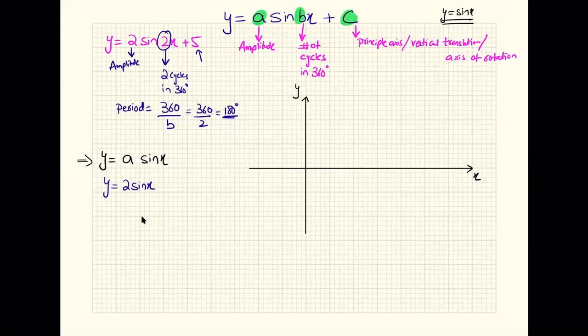Okay, so 0 degree, 90 degree, or let me make it further clear, 90, 180, 270, and 360. 90, 180, 270, 360 degree. First of all, I'm going to make the graph of sin x, and then you are going to tell me how the graph of 2 sin x would be any different from sin x.